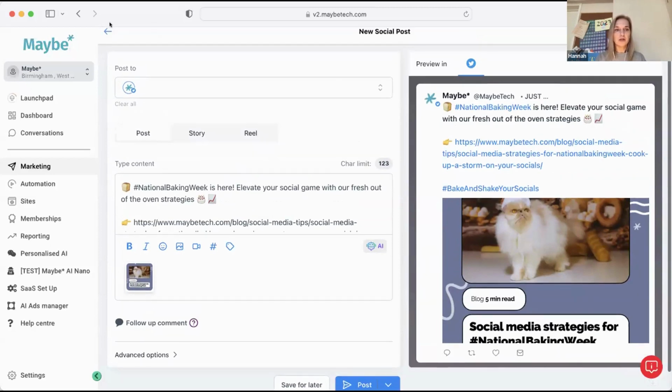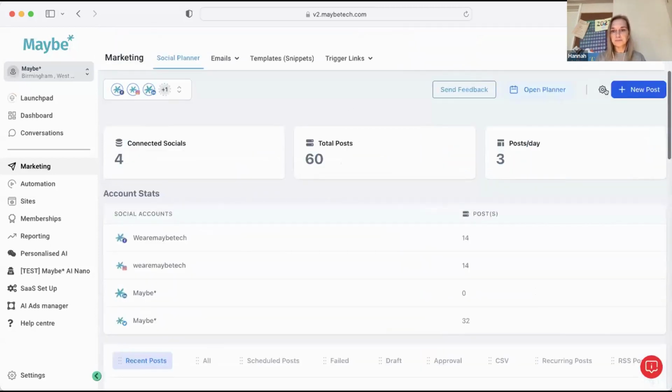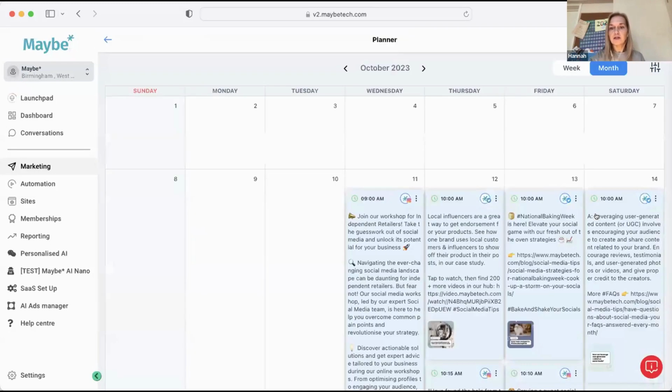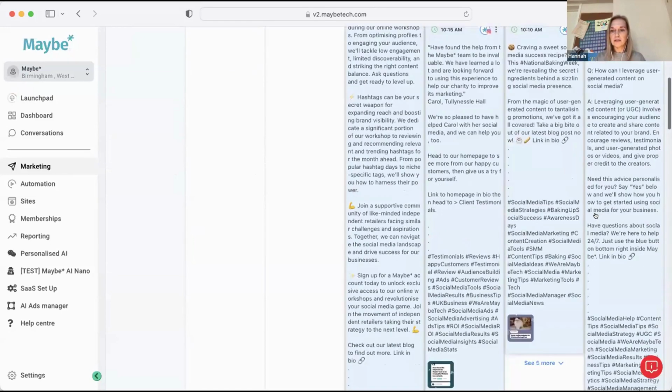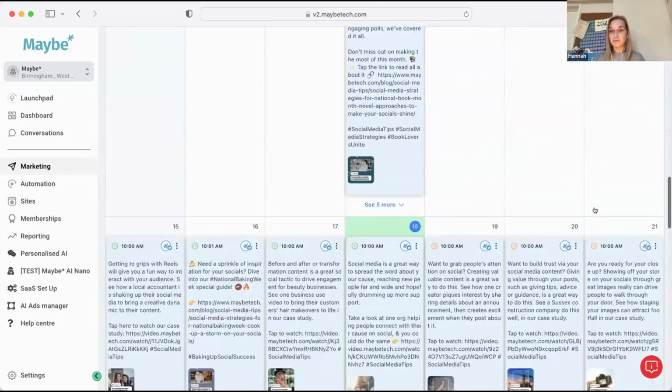But what we'll do is go back to our planner. And then if we have a look at a piece of content that's not yet gone, you can see you've still got the option to clone. So I'll click on this one just here. But you can also edit that piece of content, or you can delete it if you no longer want it to go. So when your content's scheduled into your calendar, this is the place to go in and tweak it, change it, review it if you want to.